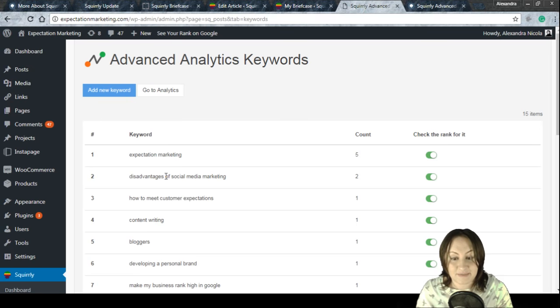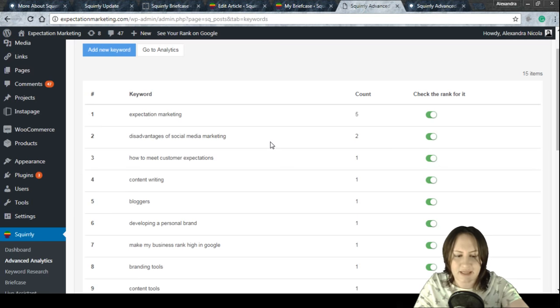also, at the same time, you can know how many pages you have for each keyword. Again, that's really useful. This is the way that it's integrated with the briefcase, because it can take information from what you've already done without you having to put in the manual work, and it saves you time because of that. Yeah, and you see there are a lot of keywords here that I've used for the